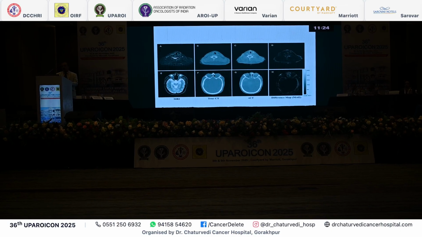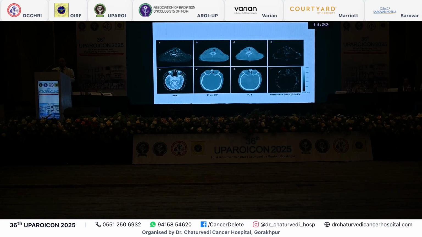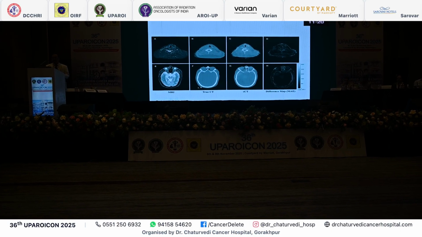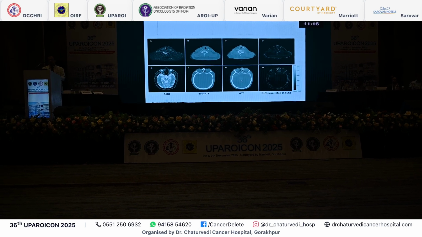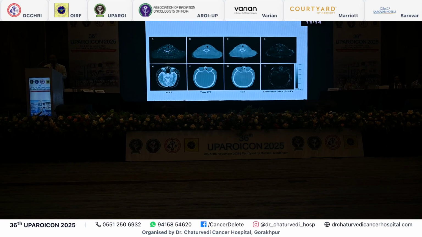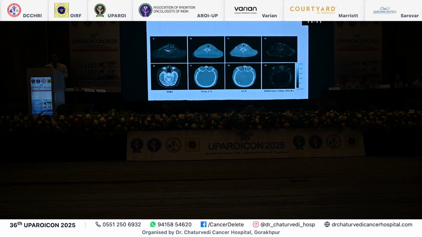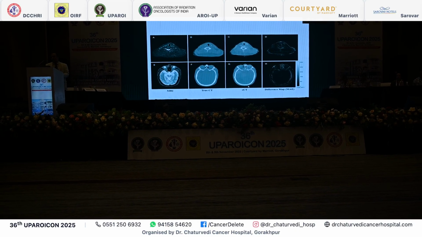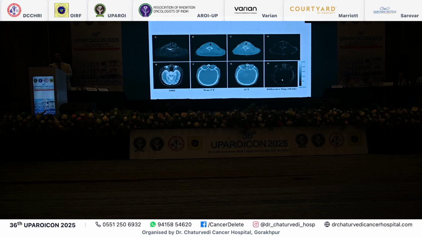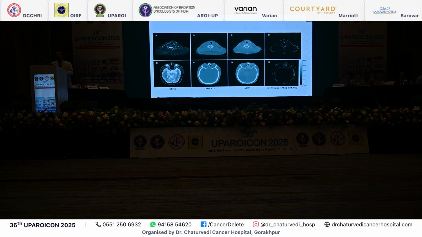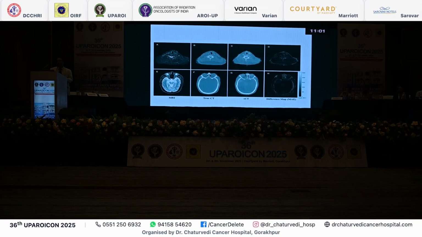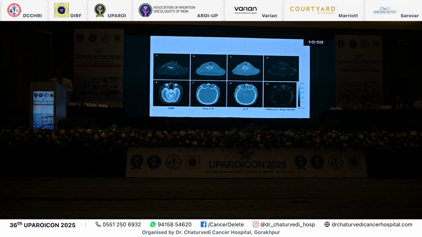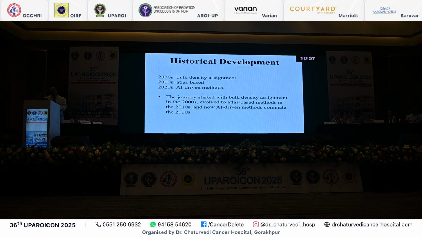So these are some of the pictures. This is the MRI. This is a true CT scan of the same patient, and this is a synthetic CT which has been derived from this MRI by software reconstruction. It may not be exactly the same; there might be some difference between these two. Basically, with synthetic CT we are just trying to catch up with the CT technology we have.